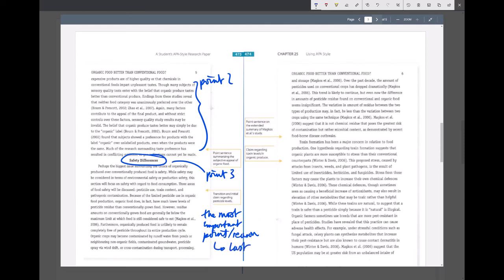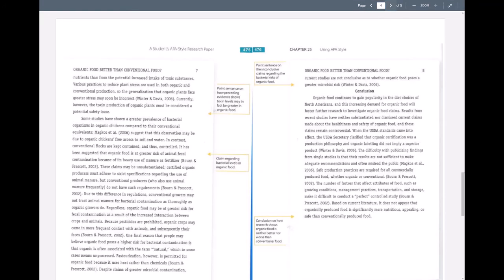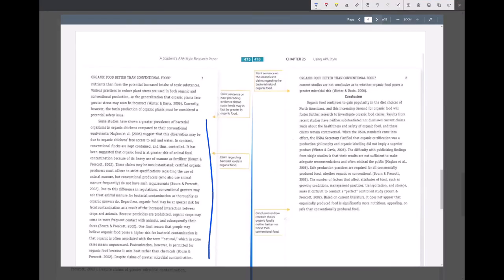And you want to have it as the most developed one, which you can see in this essay, because instead of one long paragraph, you have one paragraph, two paragraphs, with different claims in each one. And then 3 paragraphs. This is almost like a mini essay in the essay. And this is still on point 3 about the safety.